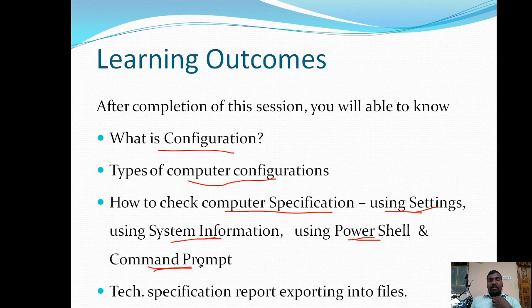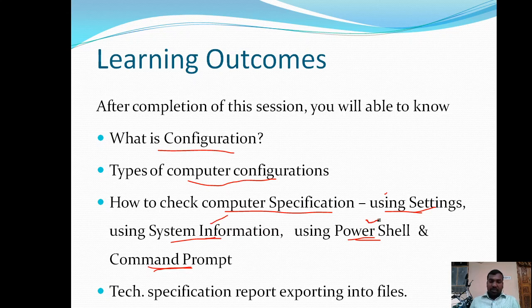Okay, so all these four ways we are using to identify the various system specification. All are we are using, but all are not generating the same information. Okay, so some are giving the detailed information and some are not giving. Okay, but if we use these settings command, we are going to view some of the configuration details, and if you use system information, there you are getting all information.